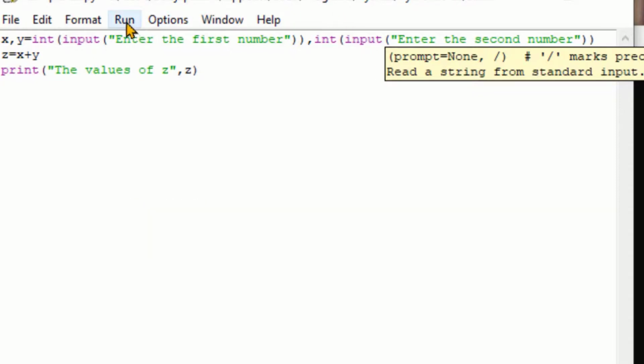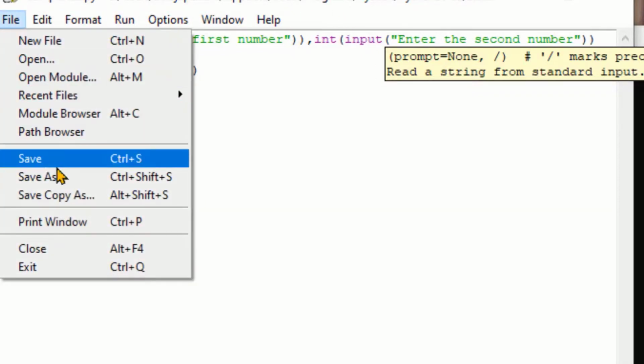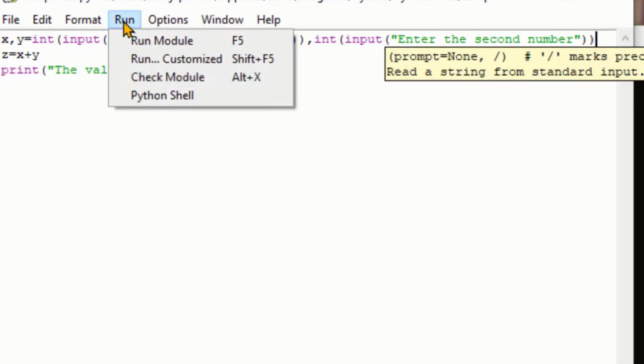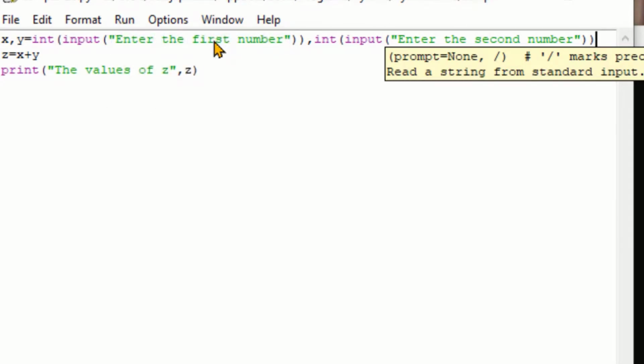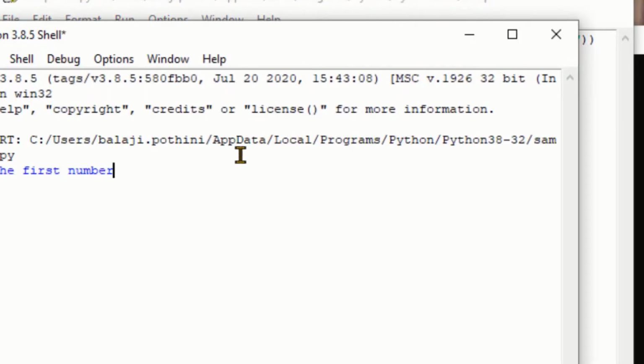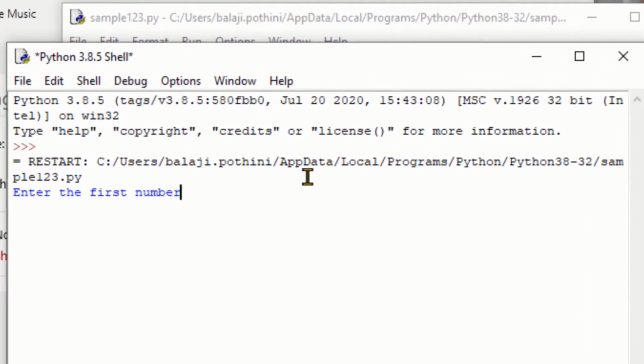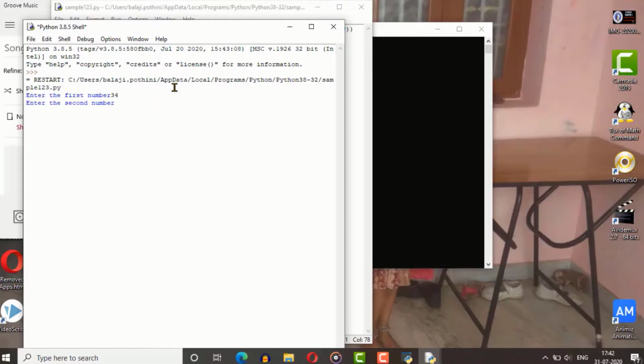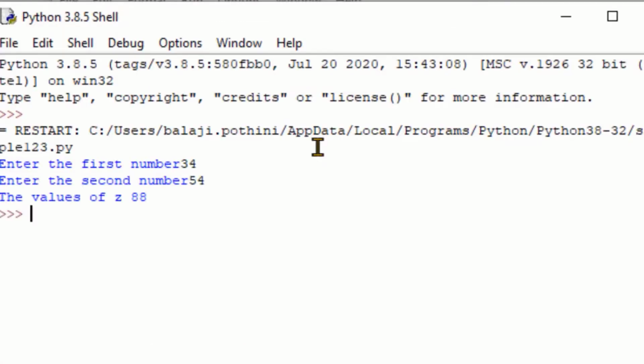I have typed the statement. Now let's save the file and try to execute. So to execute, Run Module. See that the cursor is waiting to accept a value for x, and I entered a value, and now the statement for y is printed and again waiting to get a value for y. So now I enter a value. It has accepted both the values.